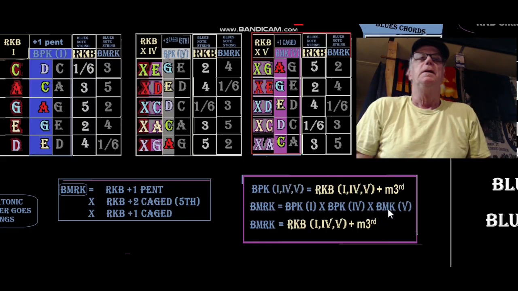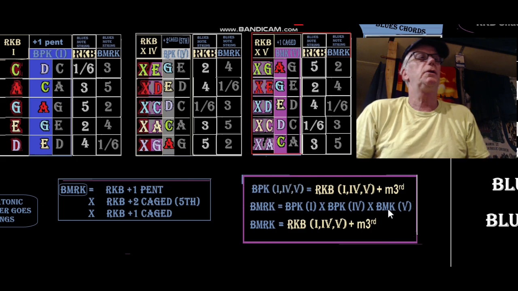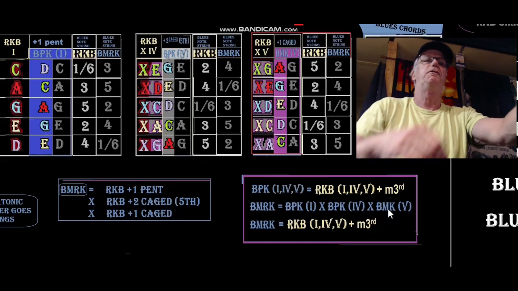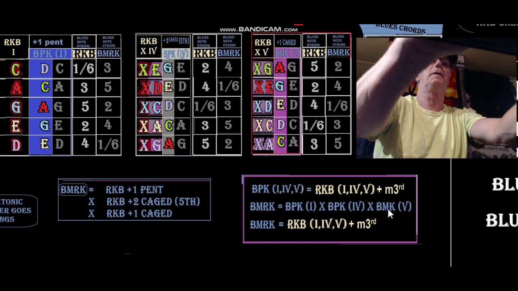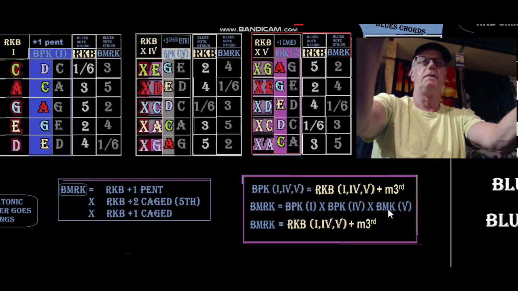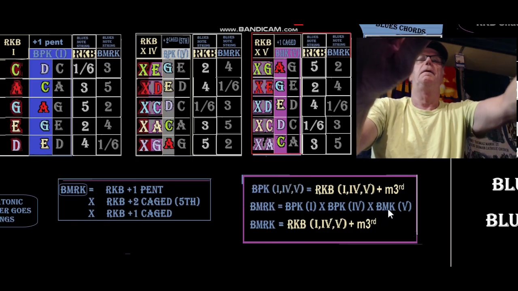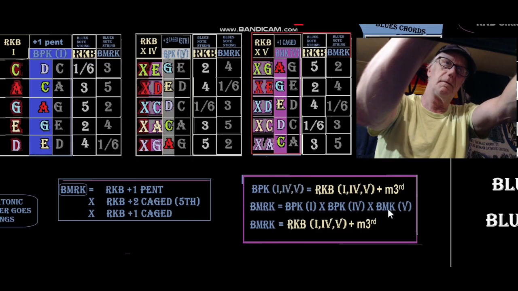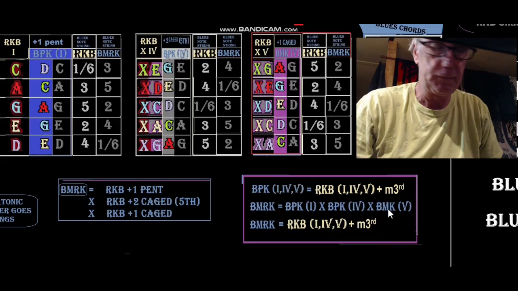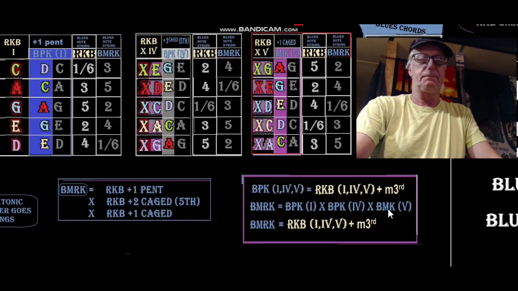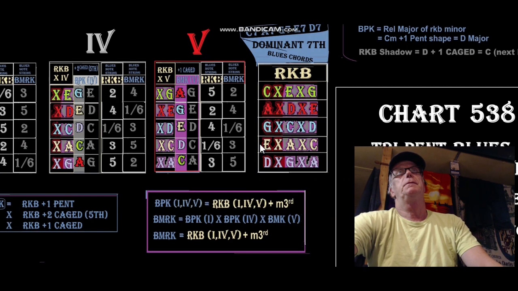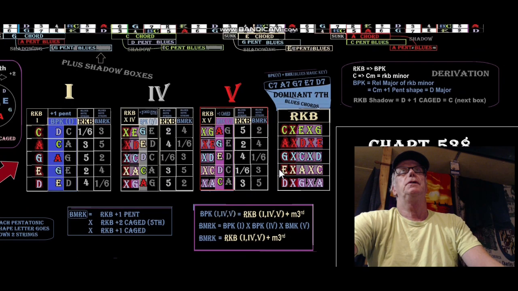Okay, but today we're also going to be exploring when we go 1, 4, 5 with the blues to the fourth and to the fifth. Okay, so we have that to work on. And I don't like to get too far ahead of the lessons. Alright, but my playing has been really blossoming